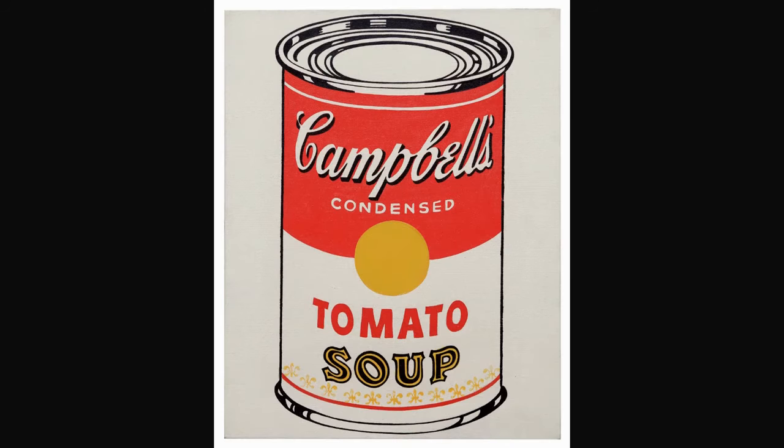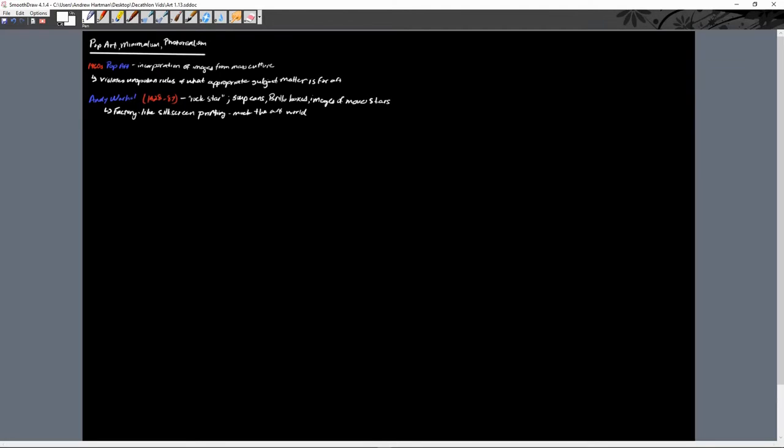And then here is his soup can, the Campbell's tomato soup can, which was very much an iconographic type of image already. It's such a very clear object in terms of its branding. It was so pervasive, and so he used that to create art.